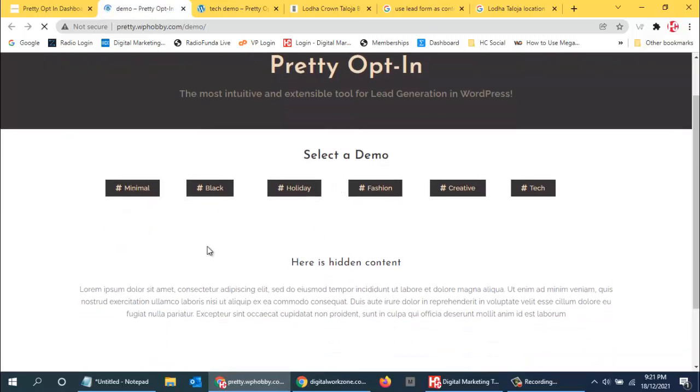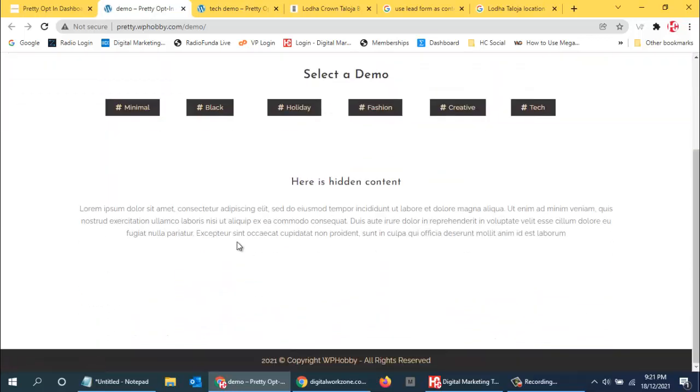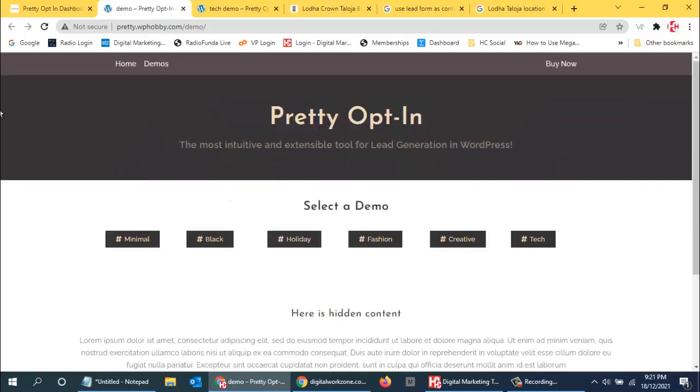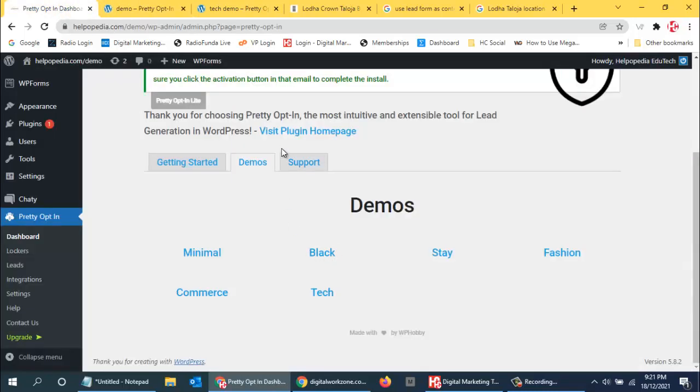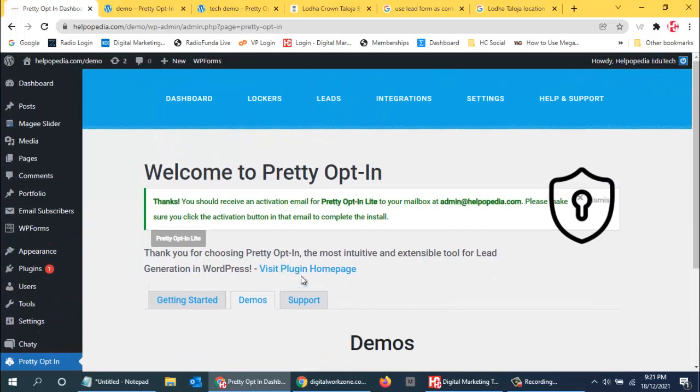Okay, just click on dashboard first. So add a new locker.